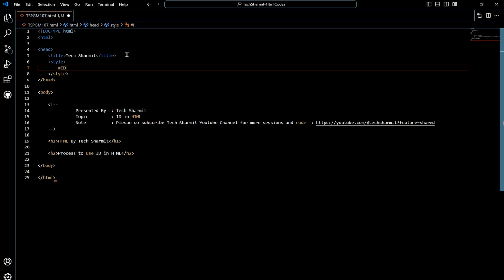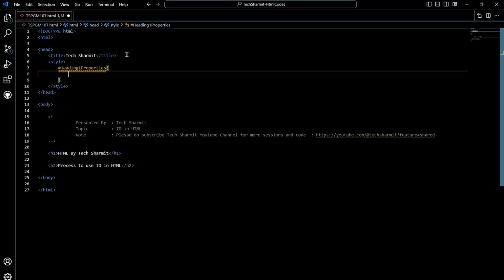After the hash we can write the ID attribute, or we can simply write heading 1, maybe anything else, heading 1 properties. Okay, fine. So this is the thing that we will specify, then curly braces and enter. Now you can set all those properties which you want to apply to